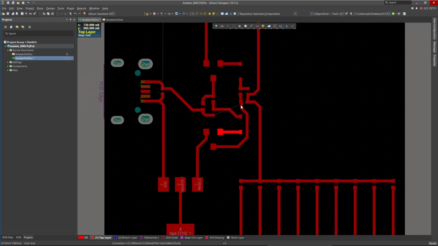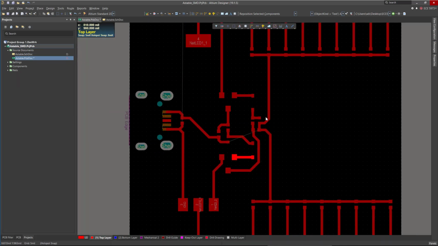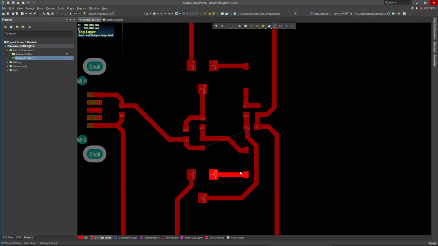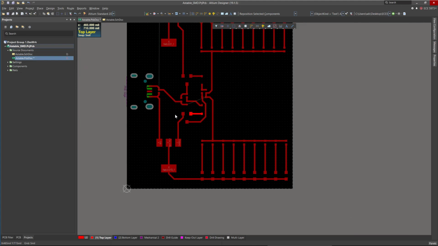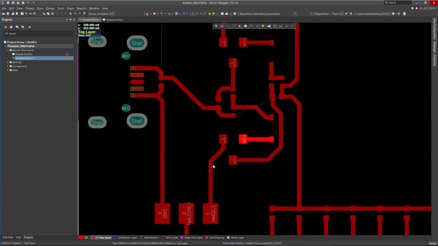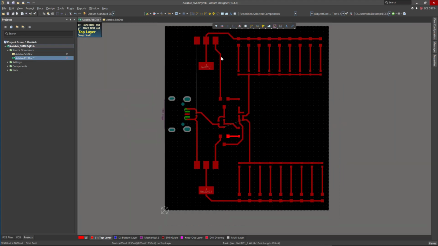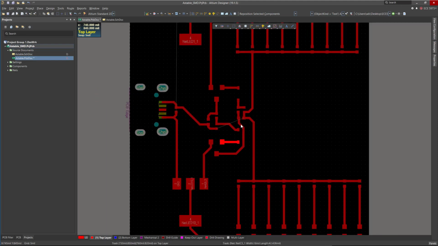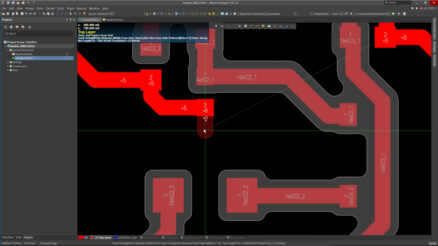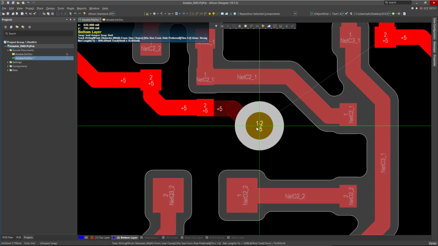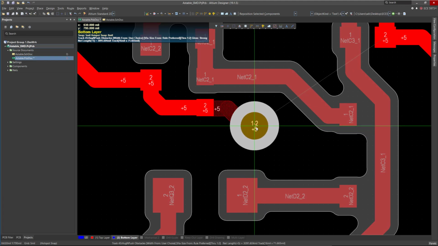But for now we can make these traces a little bit thicker, and we can try to route this. So let's route these traces. Power, let's find the best route for these. Here. So let's use a via. So in here we can select. Now you need to add a via. The shortcut for this is the plus key on your keyboard. Once you click on the plus, a via will be added, but this via